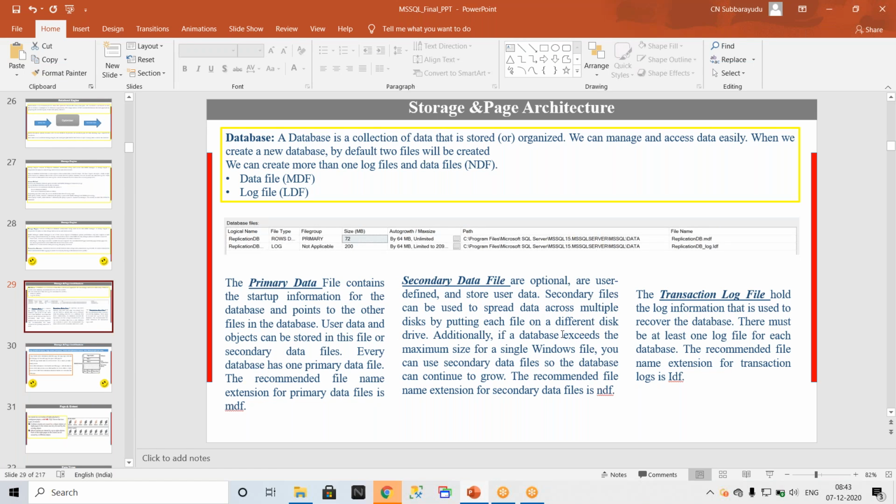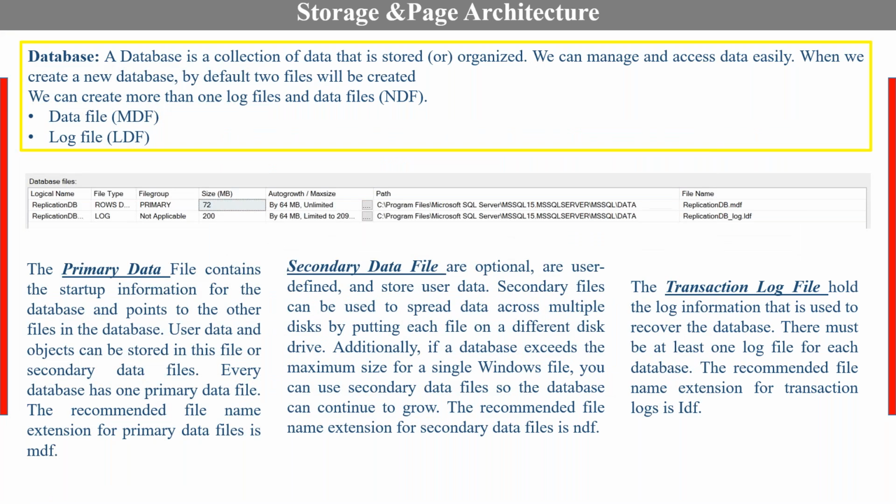Primary data file contains the startup information. So you mean to say the primary file group has all the dictionary data, and secondary means you are creating another file group to store the user data? No, not like that. You can keep user data in primary as well, sir. What is the main purpose of the secondary data file? If we want to improve the performance of the database, instead of keeping everything in one file,